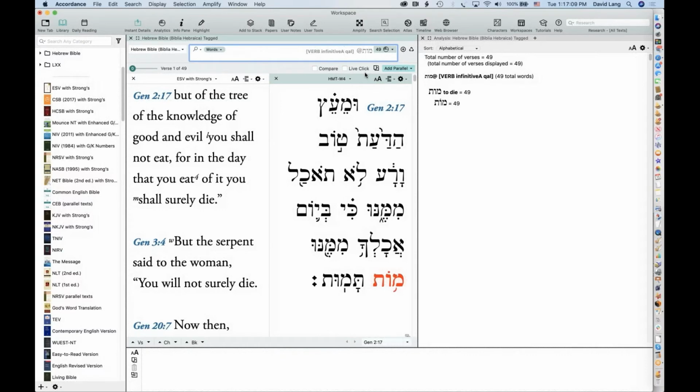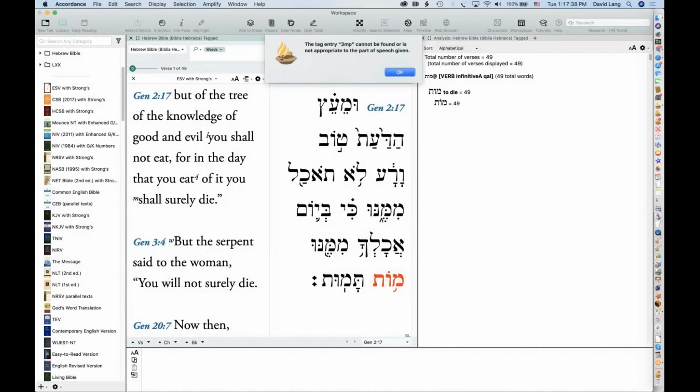Now, one thing that you can't do, unfortunately, especially if you're a BibleWorks user, is this. Let's do something like, well, I think Moot would work. Let's do noun. So I want the noun for to die. And if I do something like third masculine plural, you may be used to doing 3MP for that.